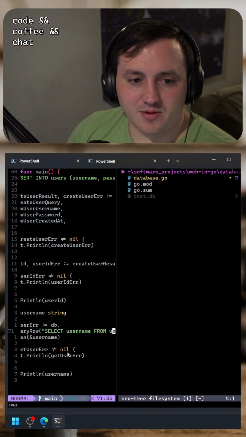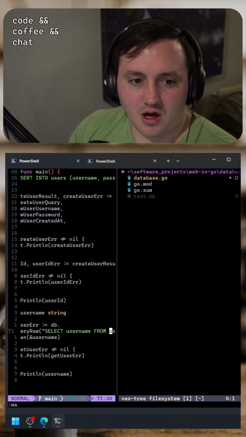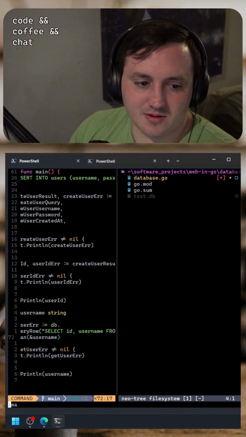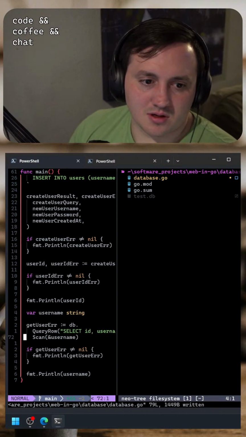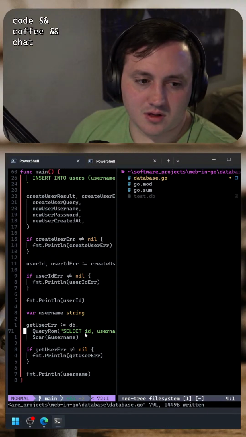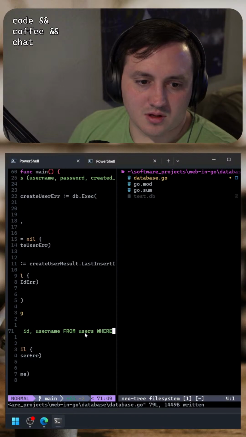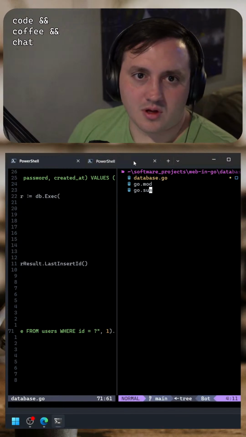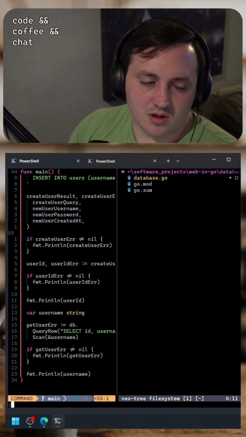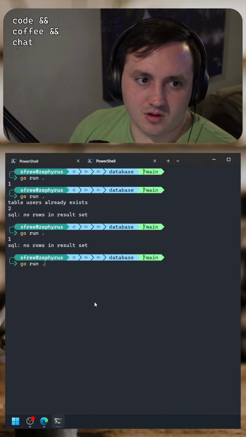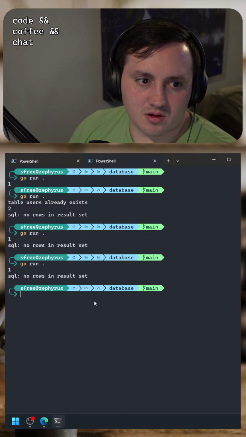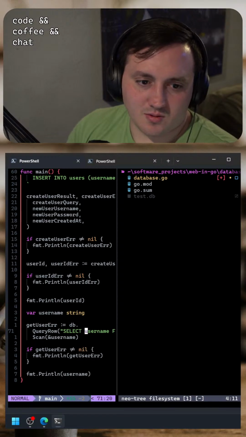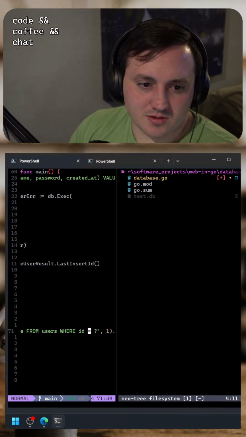So there's something wrong with my query. Oh, do I have to? I probably have to include ID in this, don't I? In the select. Do I need to do that? I honestly don't know. Huh. Yeah, okay, so I wouldn't think I'd need to. So what's wrong here? Users where